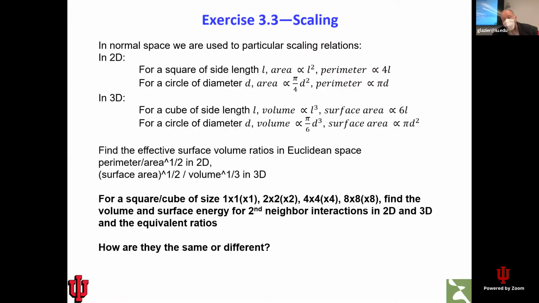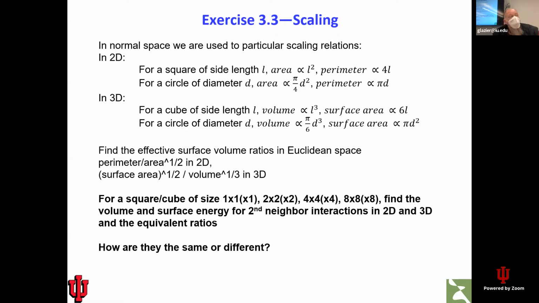And I mentioned that we could calculate what we call perimeter to volume or surface area ratios. And in Euclidean space, that's easy to do for a square or for a sphere. And you'll get particular ratios for those. In the case of a circle, you'll get the ratio is going to be square root of pi. It's a little messier algebraically for a sphere. On a lattice for nearest neighbors,